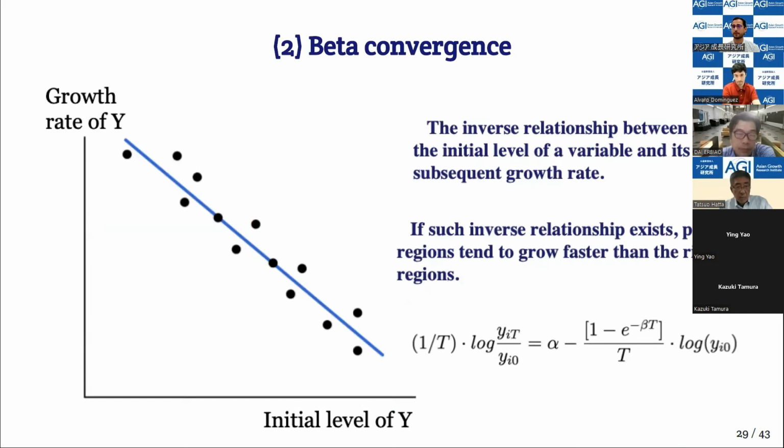And in case you don't know about beta convergence, it's basically the inverse relationship between the initial level of any variable and its subsequent growth rate. If we focus on income or income per capita, it's quite intuitive. For example, rich countries, with a high initial level of Y, think of Japan in the year 2010, a relatively rich country, have grown quite little. When you compare that to a country like Peru in South America, which was much poorer in the year 2000 or 2010, it was growing faster.